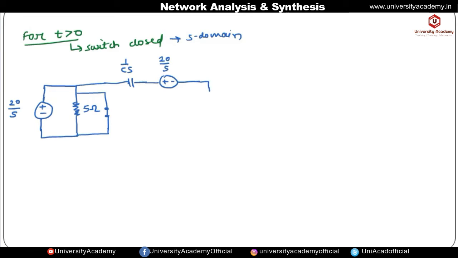Okay, then next we have the inductor. So inductor in the S domain is represented by S into L. Okay, and initially the current through the inductor is 0. So if we replace that initial condition with a voltage source, its polarity will be like this, so that it will support the current. Okay, and the value of this voltage source is given by L into I of 0 positive. So this I of 0 positive is 0 ampere. So overall this will be 0 volt. 0 volt means this voltage source will be a short circuit, because the initial current through the inductor was 0 ampere, because of which the value of this voltage source will become 0 volt.